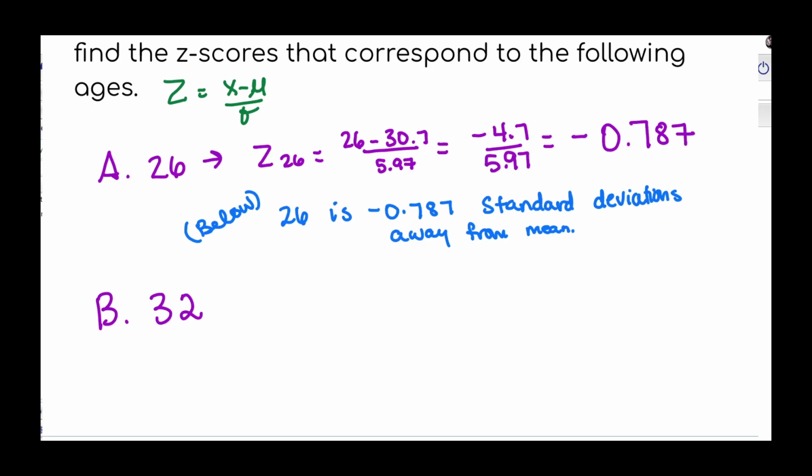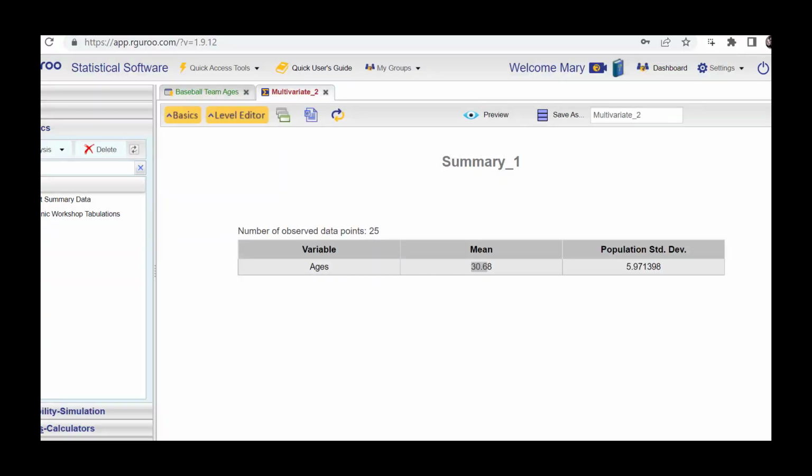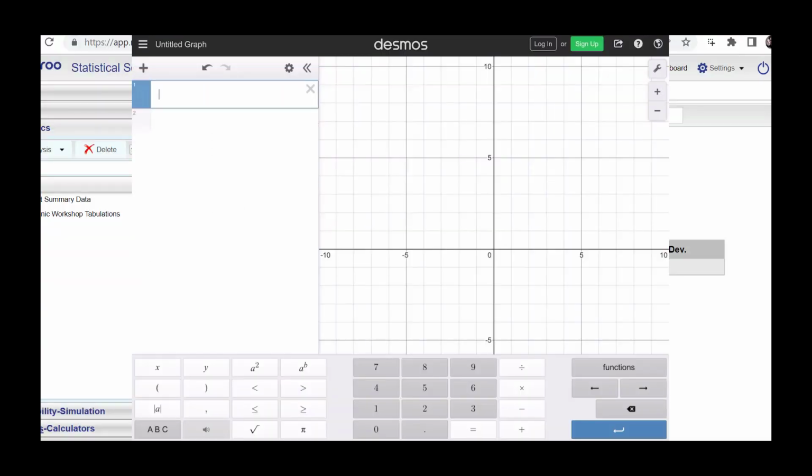So let's do 32. So the z-score for 32 would be the data value, which is 32, minus 30.7 divided by 5.97. So let's go to our calculator, and I'm going to delete those. So I'm going to go ahead and do the parentheses method. So 32 minus 30.7 is, if you look here, you can see what it is. It's 1.3. And then divided by 5.97, and we get